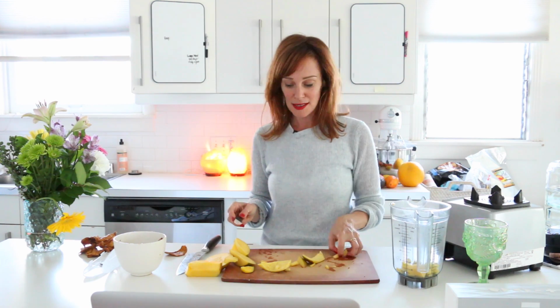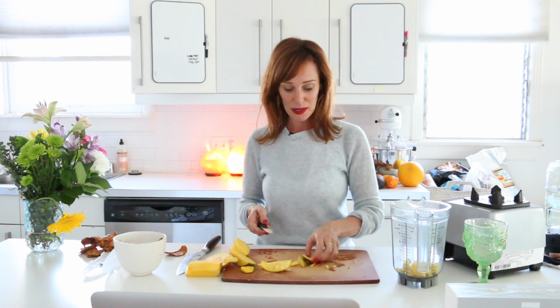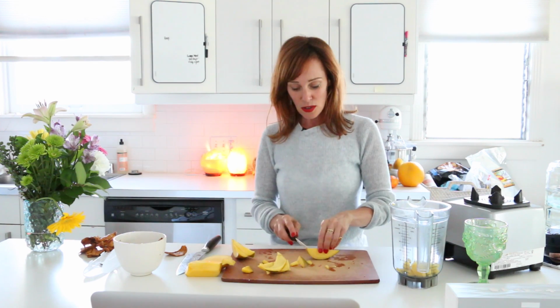is, I don't have to cut it that small. It's just going in the blender. If I were eating it, I would cut it really small. So our